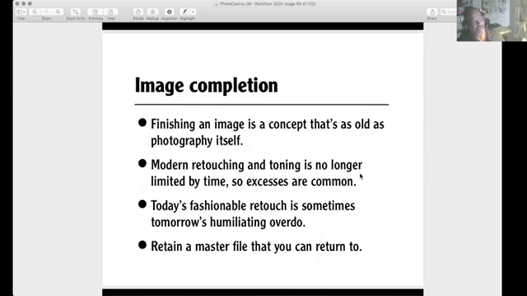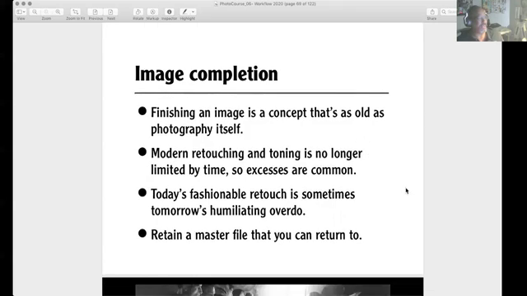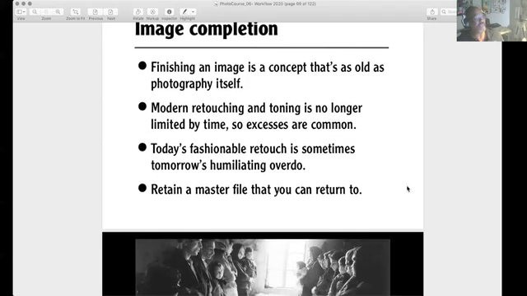One of the cautions I have for folks who love to retouch is not, don't retouch, but the thing is that retouching goes through trends. So what's really fashionable and hip today, you look at it a few years on and it's like, oh, I can't show that picture to anybody, because time is not kind to every retouching I've found. What you should always have is a master file that you can return to, and we'll look at that a bit in terms of organizing